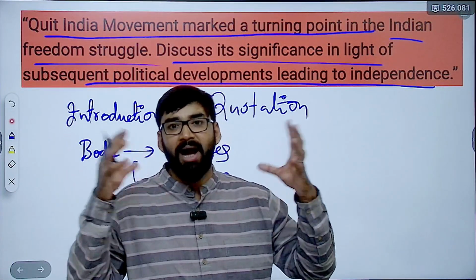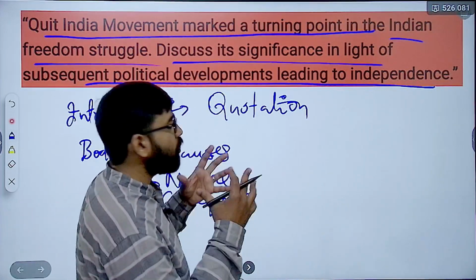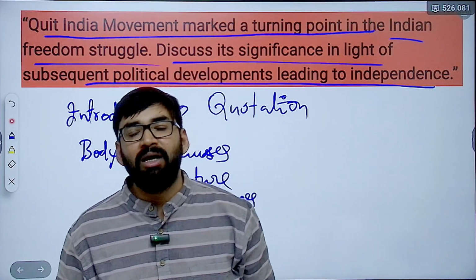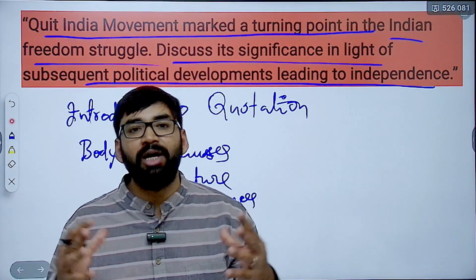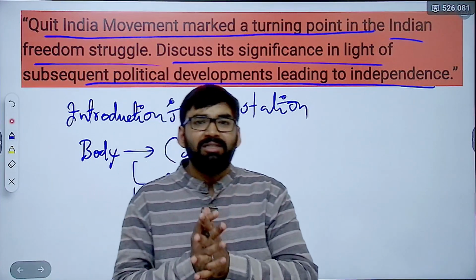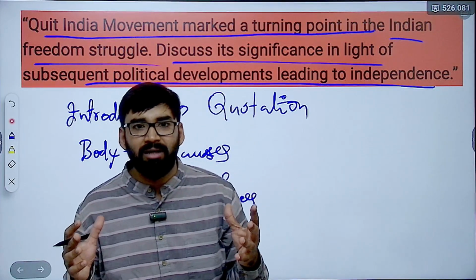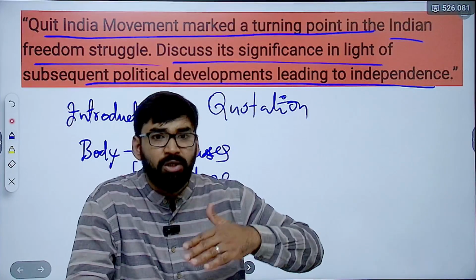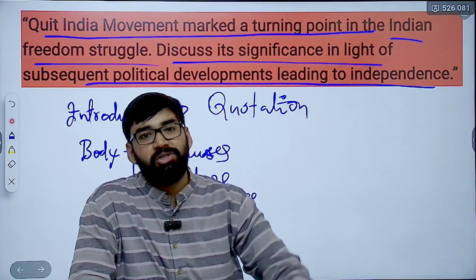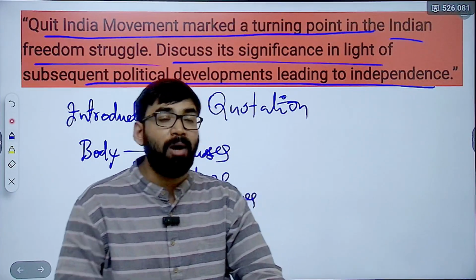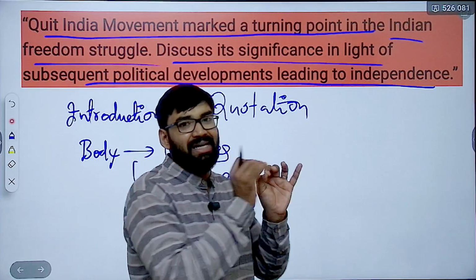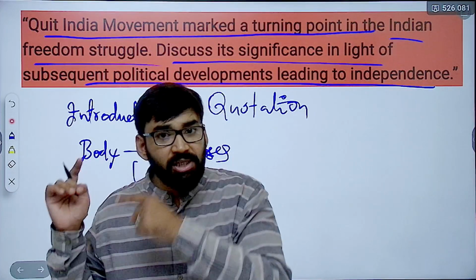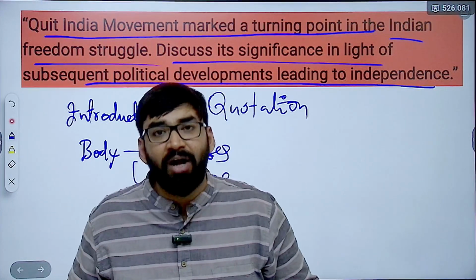Conclusion should be impactful. So this is all about the story from the Quit India movement to the freedom struggle, or you can say to India's independence. This was not just the story of independence. This was the story of how ordinary people, from farmers to soldiers to students, rewrote history. So this is all about your mains examination. Finally, we have completed this topic, and this is important for your mains 2025.